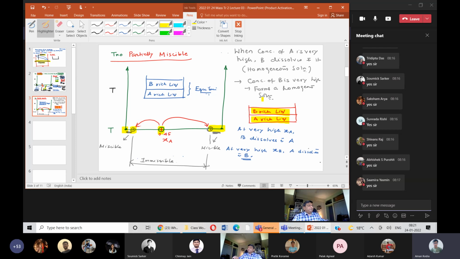We studied in the previous class under what conditions a stratified layer will form: if the interfacial tensions are high and you have a significant density difference. But what can be said is that since this liquid pair is partially miscible, it's going to split up into an A-rich phase and a B-rich phase. Is this clear to all? So any composition you take in between, it's going to split up into the A-rich phase and the B-rich phase.